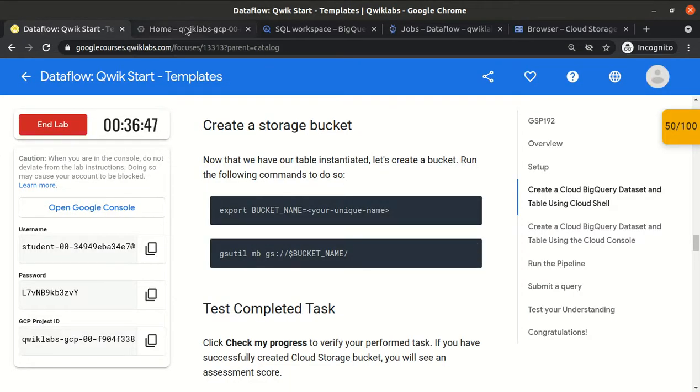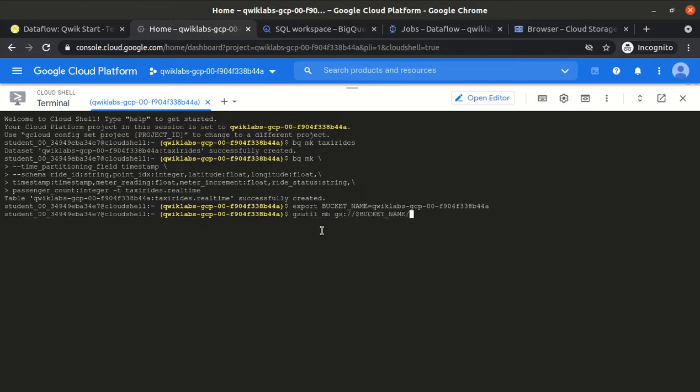So we know that to create a bucket, we will use the gsutil command, same as for BigQuery we use the bq mk command, BigQuery make. But for the bucket we will use gsutil mb, make bucket, and then we will give the bucket name. The syntax of the bucket name is gs, then colon, then double slash, and then $BUCKET_NAME, because we are storing it in a variable and reading from the variable. If we have to read from the variable, we have to use the dollar sign, otherwise we can directly give the project ID here.